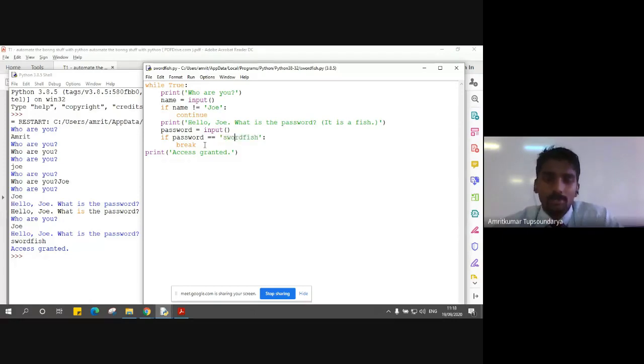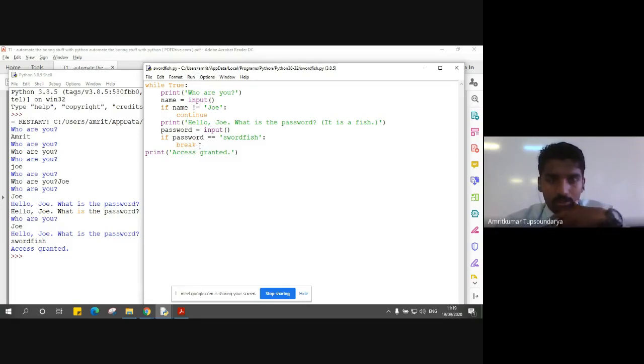There shouldn't be any change in the case of the letters also, right? So once it is exactly equal to this, only then it gets inside the if statement. It checks the condition that password is exactly swordfish, then it's correct, and it goes on and executes the break.